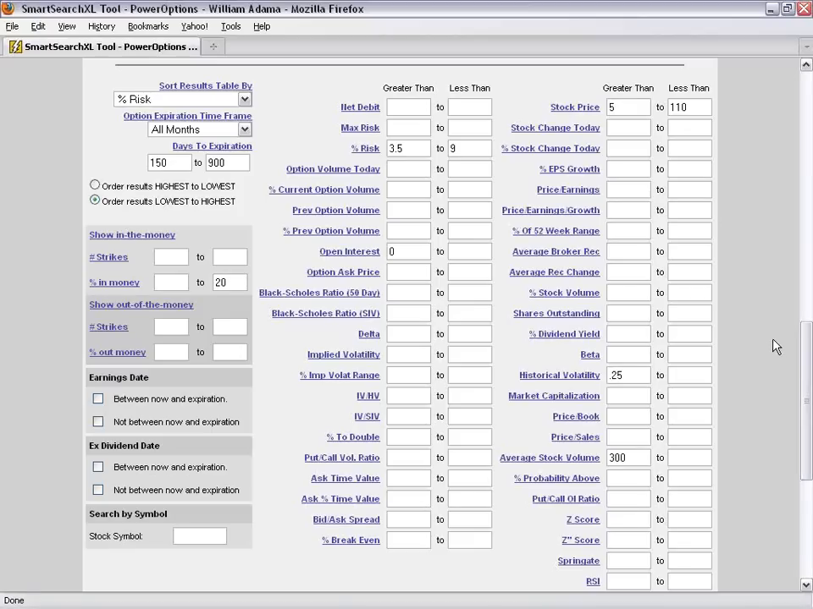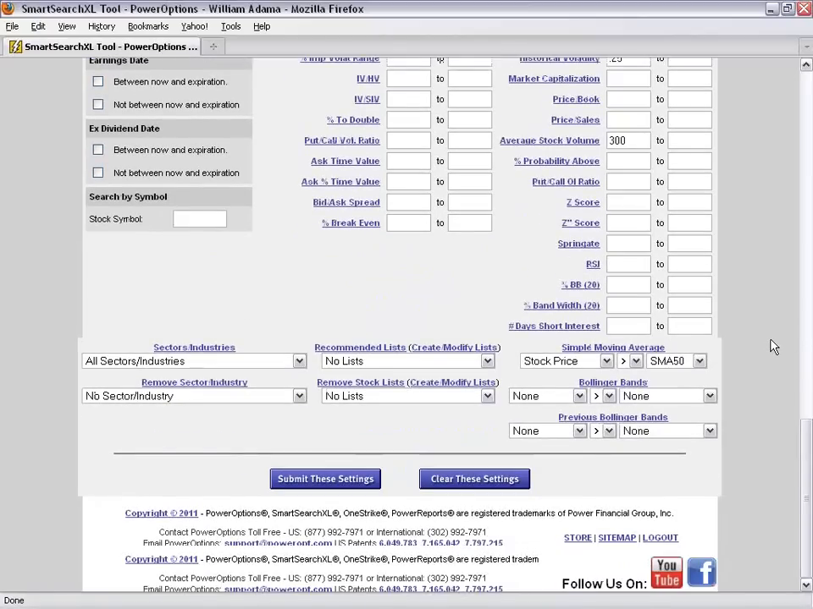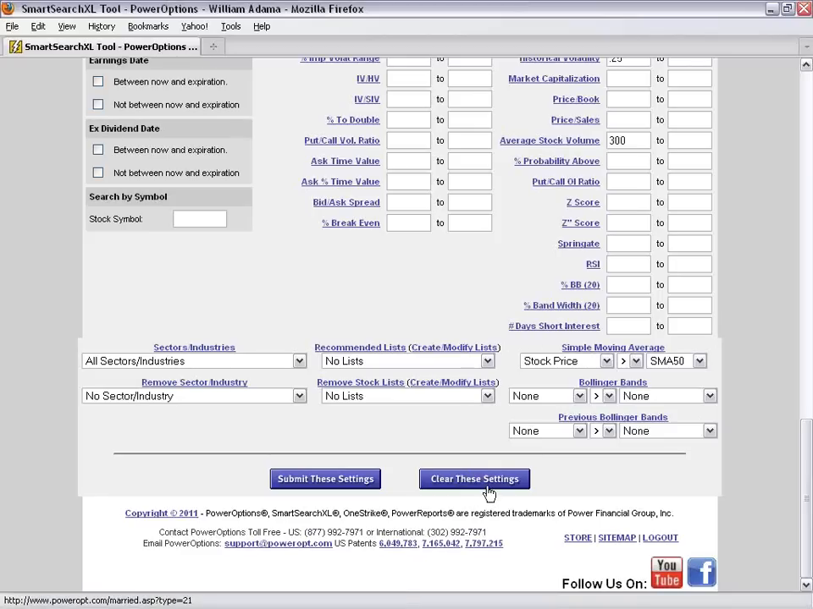Well, the first step I'm going to do is scroll down to the bottom. I'm going to click Clear these settings. I'm going to empty everything out of the parameter field, and then starting from scratch,